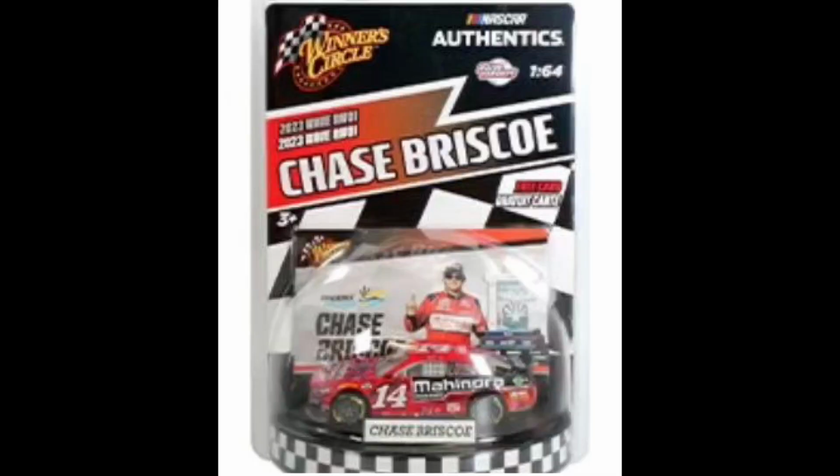The final diecast of the first ever NASCAR Authentics Winner Circle Wave, that's a mouthful, it's going to be Chase Briscoe's Phoenix Win, another extremely late release. Yeah. I think the newest one, let me check my chart here. I think the newest one out of all of these might just be the Noah Gragson and the Chase Briscoe